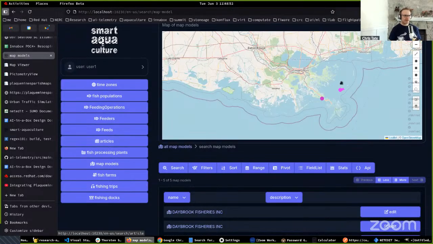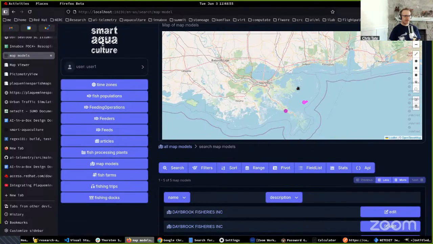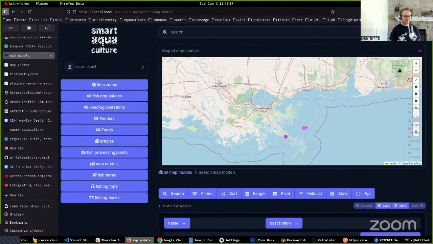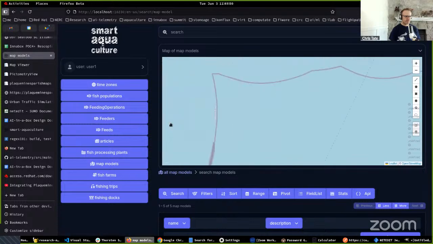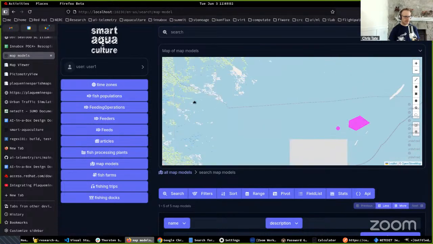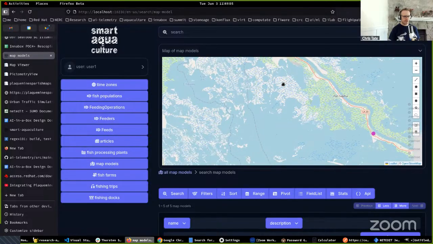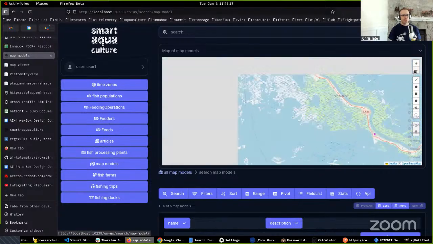What we're trying to track, especially in Louisiana right now, in a place called Plaquemines Parish, which is this strip of coastal land here along Louisiana, along the Mississippi River, I think, and the Gulf of America, is the fishing docks and fish farms and fish processing plants that are scattered along this long road, so that we can